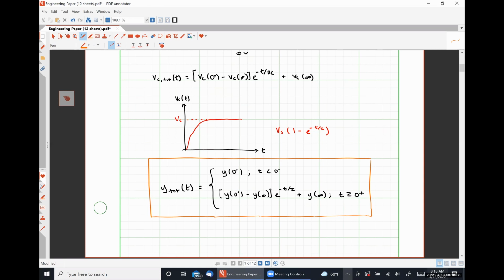On your exams, if I don't ask you to do any analysis at t equals infinity, then it's obviously a natural response problem. If I do ask you to do analysis at t equals infinity, it is a total response problem. Your homework, I believe, is not nice enough to make that distinction, but I traditionally ask for the analysis at that specific time to give you an indication of which of the two generic equations that we've developed you should use. All right,